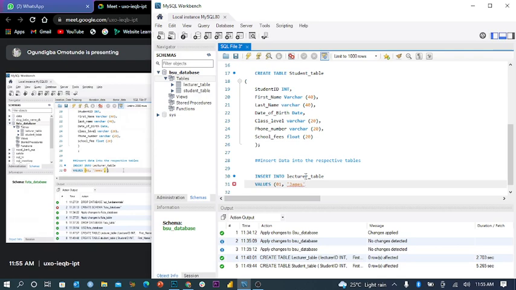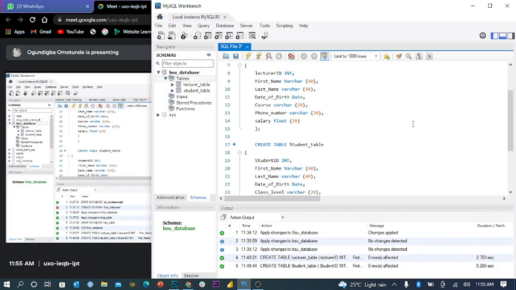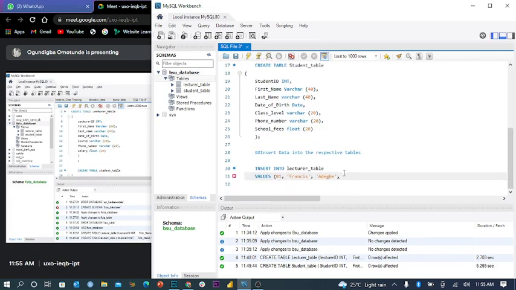Then let's assume the last name is. You have to follow through your arrangement while you are creating the table, because if you don't follow through and you mess it up, SQL is not a wizard, it's going to mess it up for you. So you have to make sure that the same way you define your table is the same way you are going to insert details into it. The first column while we are creating the table is lecturer ID. So that is 01. The second column is first name, that's James. Now we are on the last name. So let's assume the last name is, let's say, Folarin.